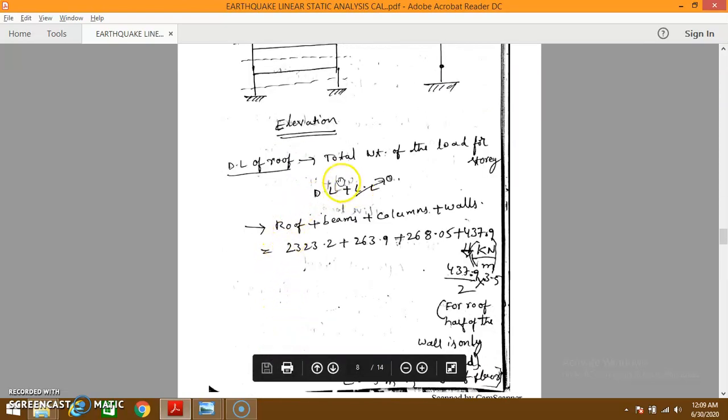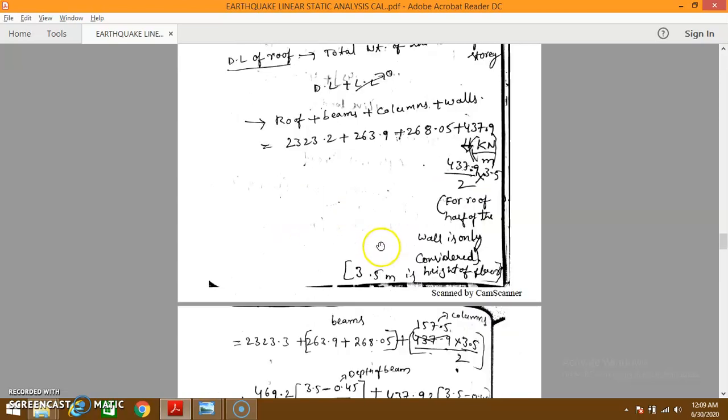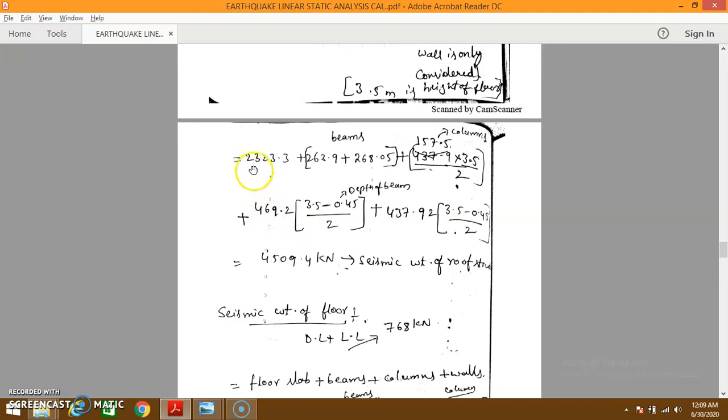Dead load on roof. On the roof we have dead load. Total weight of the load per story is dead load plus live load. Live load is not considered as per code on the roof, only dead load is taken. Dead load already calculated: roof plus beams plus columns plus walls. That means the roof value